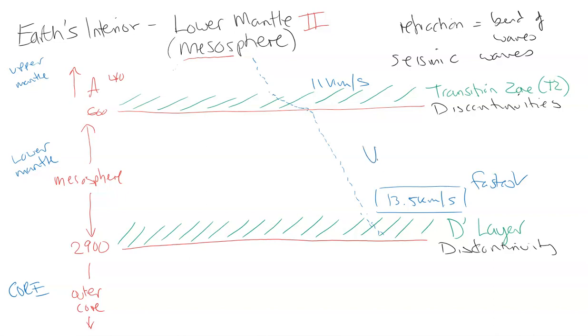Now, this is in terms of the P wave. The S wave is considerably slower. I'm going to draw the S wave. The S wave would be like this, where it comes into the transition zone and hits around 6 kilometers per second, and then there's a slight increase with depth to around 7 kilometers per second. Again, these are generalized averages. They can be faster or slower, depending on where they are on the Earth and the composition, density, temperature, and pressure. But the average is around 7. So it hits the